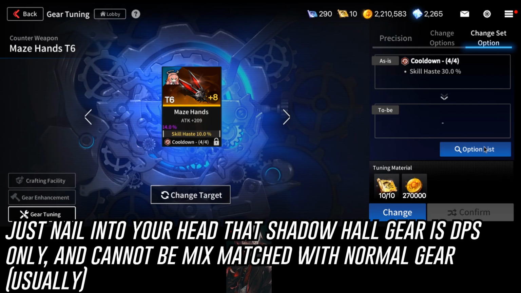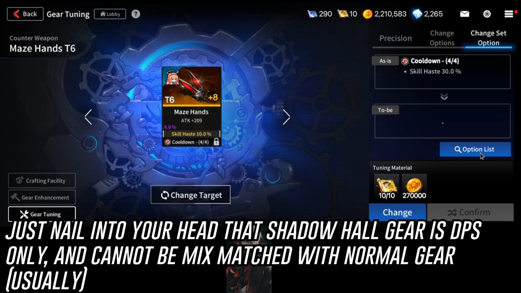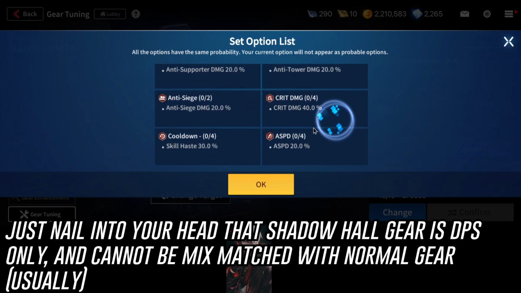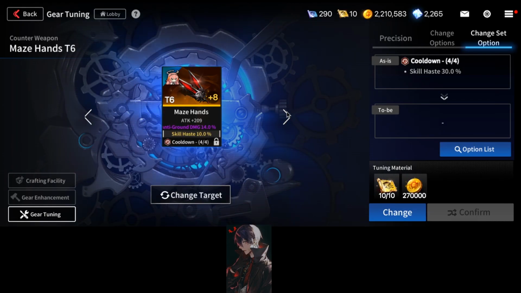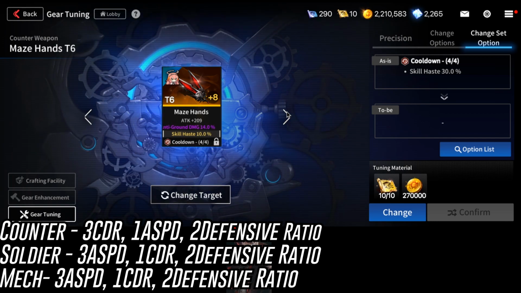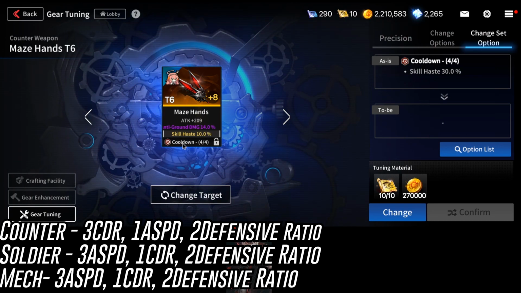Now, what do you actually want to build for your defenders and your strikers and all that stuff, right? The general rule I want to keep with myself for maze, like I said already, is CDR, attack speed, and HP. You would want around 3 CDRs, at least 1 attack speed, and 2 defensive sets of maze gear for your counters. The reason being is obviously, if you watched, okay, you can stop here and watch the gear guide,